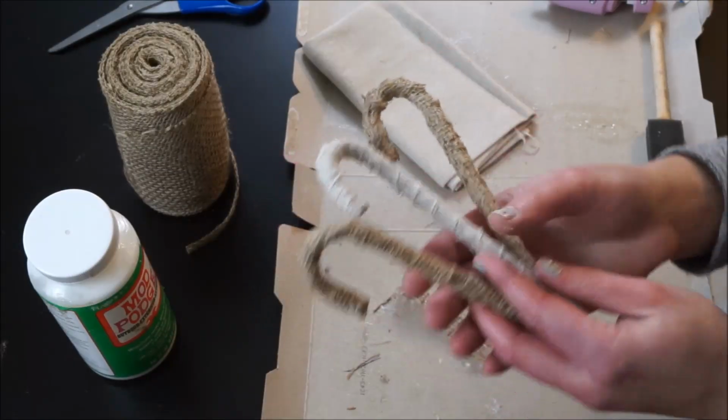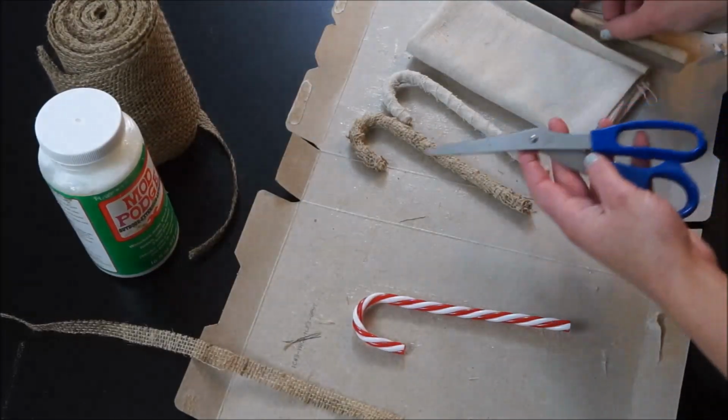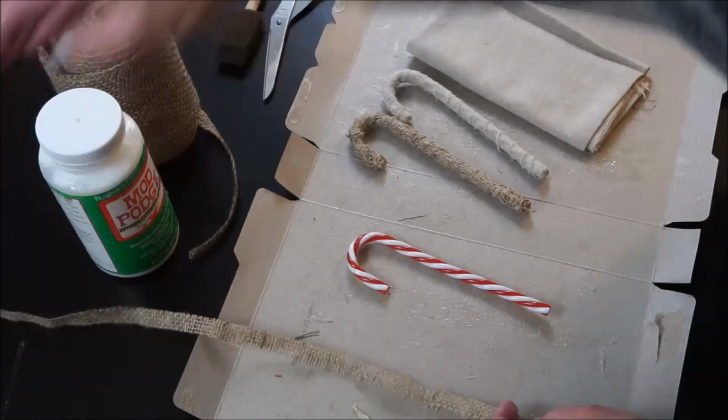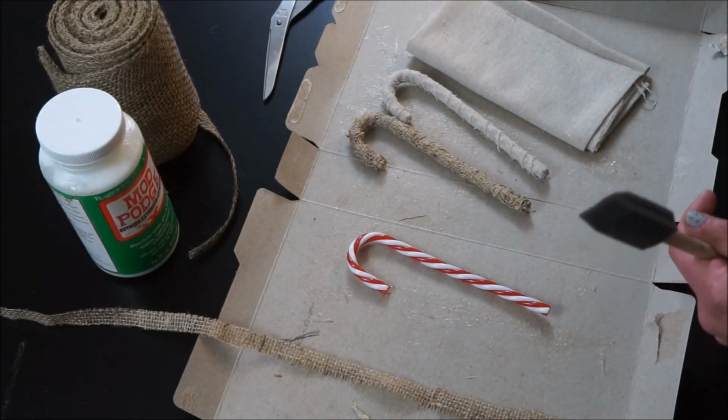Next up we have candy canes. Very simple, you just need Mod Podge, burlap, scissors, a sponge. I get these plastic candy canes. I think I got them 6 for $1 at the Dollar Tree, and then I cut out about a yard